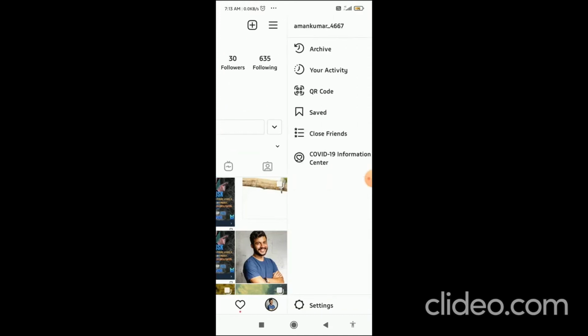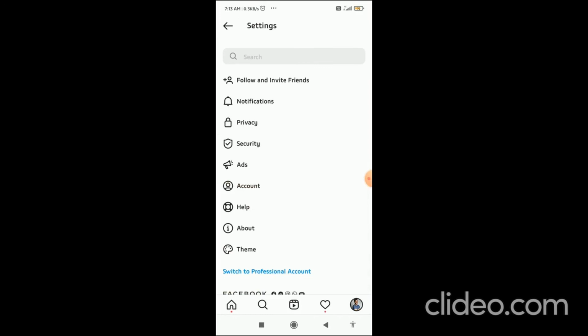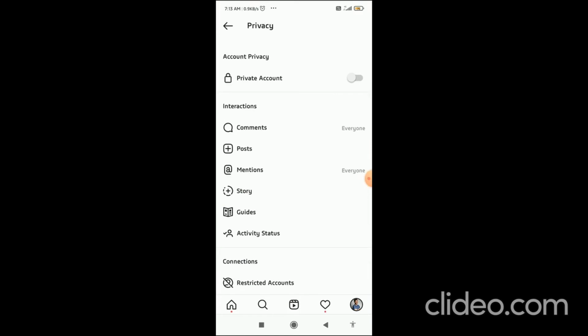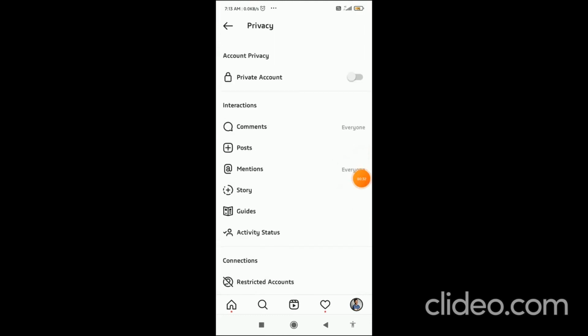You have to click on the three horizontal lines in the top right corner, and then click on Settings. Here you can see the Privacy button with the lock icon, so you have to click on Privacy. When you click on Privacy, in the upper box you can see the Account Privacy tab, where you can see the Private account option. If you want a private account, and this video is about the private account,